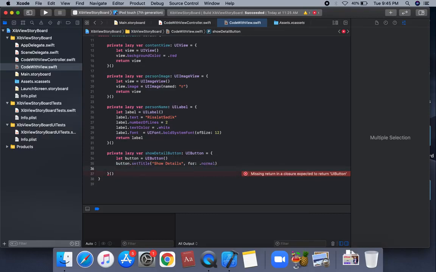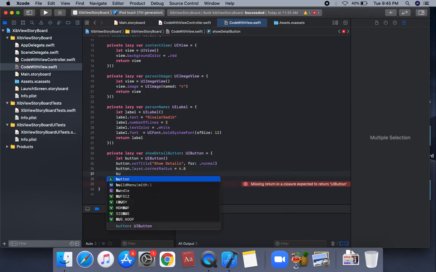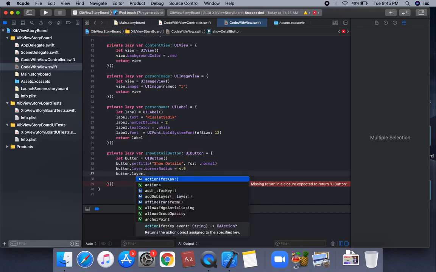and we can use the normal state, and we're gonna apply this corner radius on the button. Border width, we're gonna apply this corner radius. Button dot layer dot corner radius is equal to, suppose we apply 4.0, and button dot layer dot border width and border color.